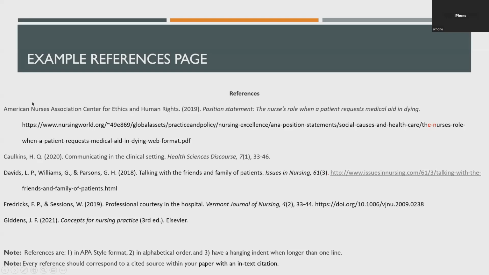So like in this example, there's not a specific author, but this was published by the American Nurses Association. So that's what we would put in our in-text citation. Here, this does have a specific author, Calkins, so that's what would go in our in-text citation. So typically, it's going to be an author's last name, except if the source doesn't have an author, or the author is a specific institution, an organization, a government body, something like that.